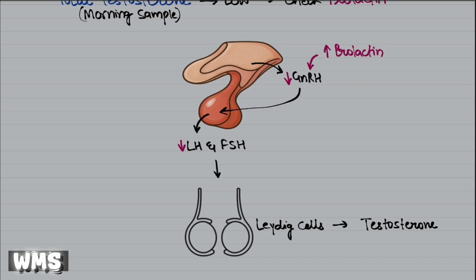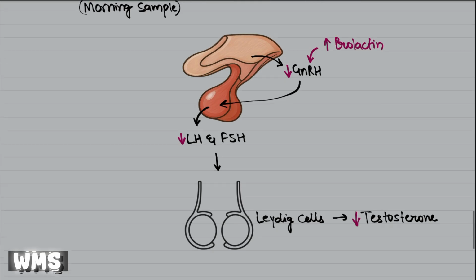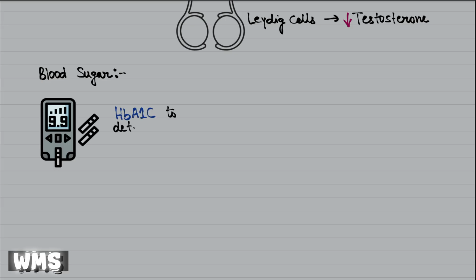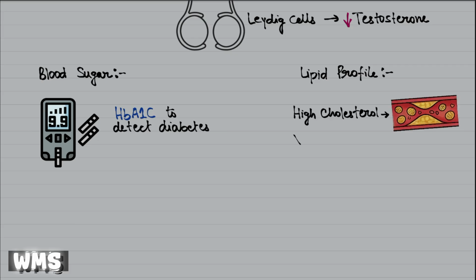So when LH levels fall, Leydig cell stimulation decreases, and ultimately this results in reduced testosterone production. That's why we check prolactin levels if testosterone is low. Next, we assess blood sugar levels, typically with HbA1c to detect undiagnosed diabetes. Finally, a lipid profile is important, as high cholesterol can lead to vascular disease and reduced blood flow to the